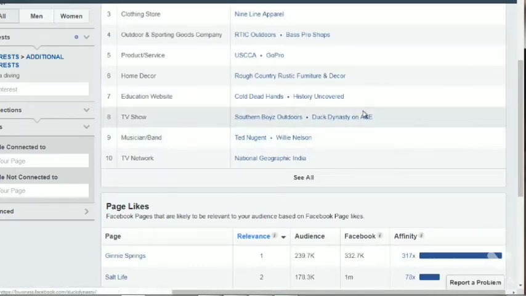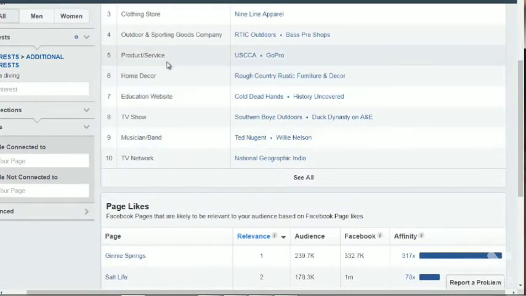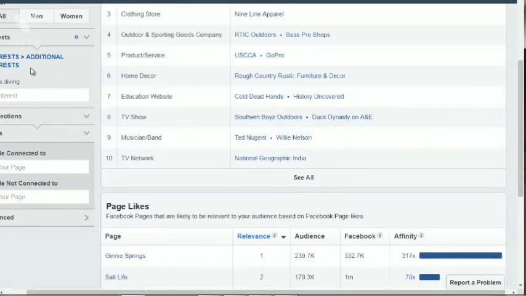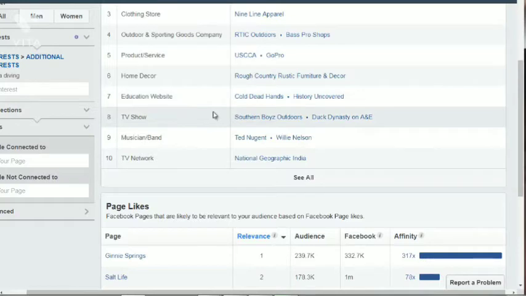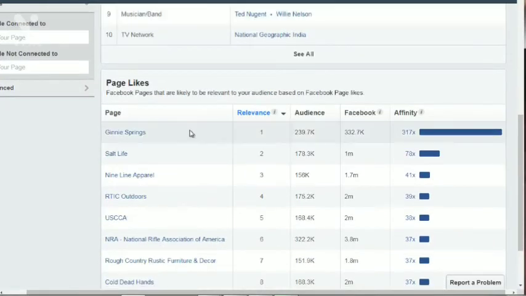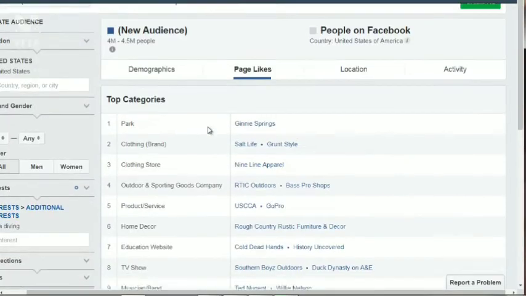So imagine being able to target, let's say, males from ages 25 and up, or maybe 25 to 45, who like Duck Dynasty and scuba diving. So you can create these conditional targets and target people specifically. So we go through, we see page likes, we can go visit the pages and take a look at what they like and get an idea of how they're interacting with the page, what content are they viewing, and all that.